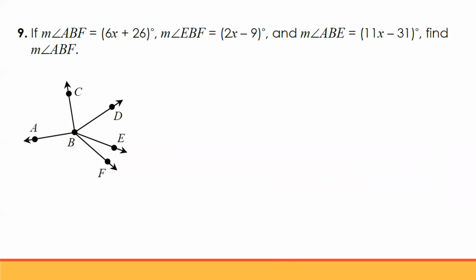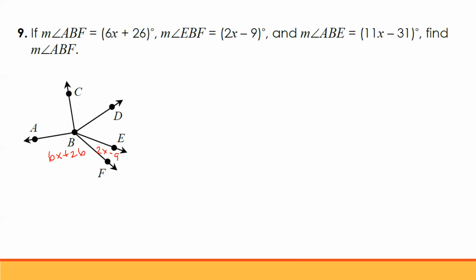The measure of angle ABF is 6x plus 26. So find A, find B, find F. That's this angle down here. That's 6x plus 26. I'm going to go ahead and put 6x plus 26 right there. The measure of angle EBF, EBF, there it is, 2x minus 9. It's a little angle, but it's there. ABE,